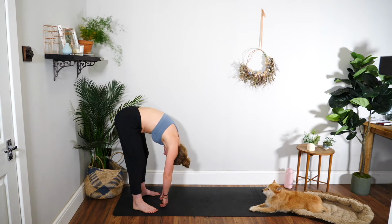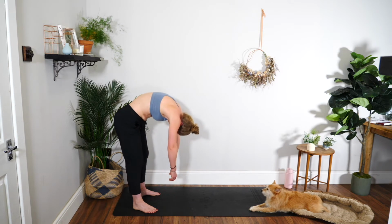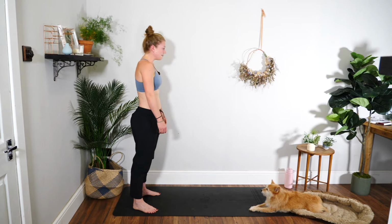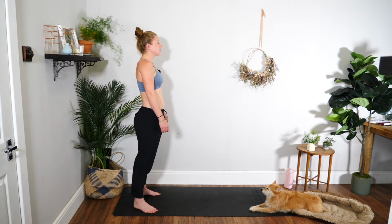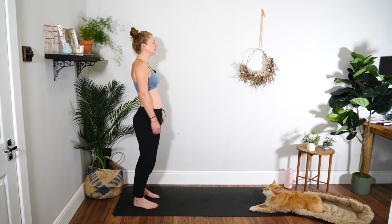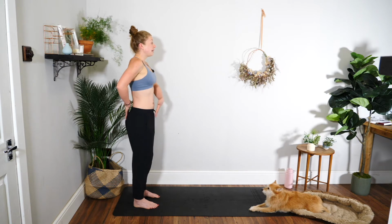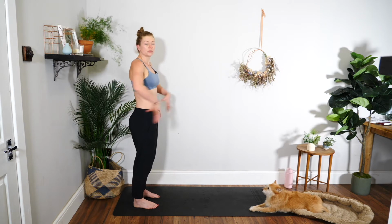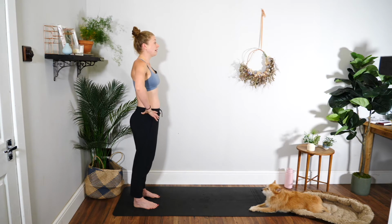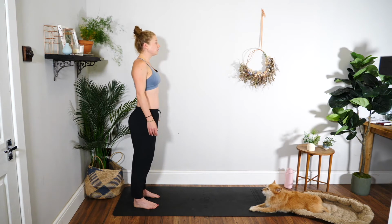And then when you're ready, take a nice big deep breath in, and as you exhale, slowly start rolling all the way back up to standing. And when you get to the top, just meet me back up there. This time try and find neutral. So feet are hip width apart and parallel, knees are soft. The pelvis is almost like a bowl of water that you don't want to spill. The rib cage is stacked over the top of the pelvis, and your arms are by your side,